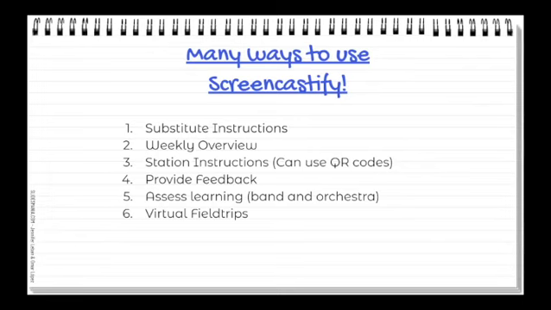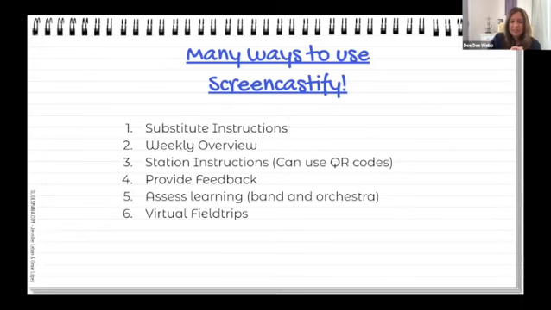Okay. Now what I would like to do is, just from doing a little bit of brainstorming and giving you some ideas, if you would in the chat, what are some ways that you think you could use Screencastify in the classroom? Just throw those in the chat, because I love that we can do this remotely. We can just kind of bounce ideas off of each other. So from the ideas that I've just thrown out at you, it's only six, what are some ways you could use Screencastify in the classroom? And Amy, if anybody throws anything out there, if you want to share those, that'd be awesome.